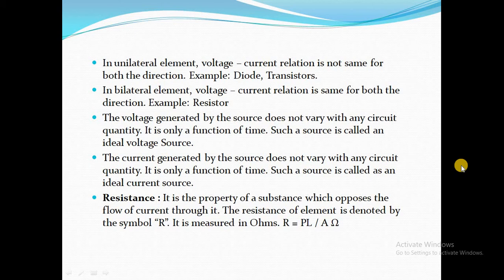Resistance comes from the word resist. A resistor means something that opposes, so it will oppose the current which is provided for any particular application. If you don't want that much current, then you have to put a resistor into the way of the current. So that is called resistance.